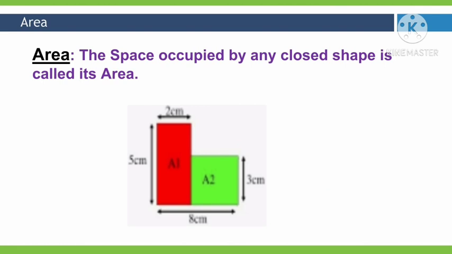Now let's see what an area is. Area is the space occupied by any closed shape. Look at the shape given here. You have an irregular shape in which you can find two colors filled with red and green. So red color specifies an area as well as green color is also the area. The space covered by any closed shape is called an area. So here the shape, they have divided the shape into two areas, A1 and A2. A1 is an area, A2 is also an area. So area is nothing but the space occupied by any closed shape.